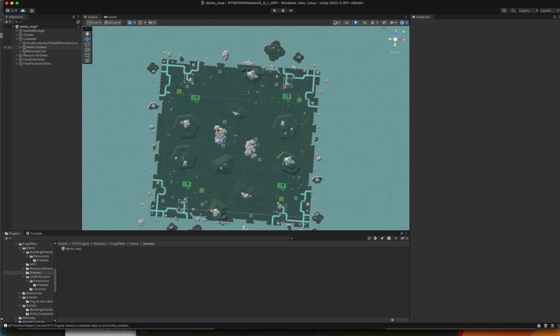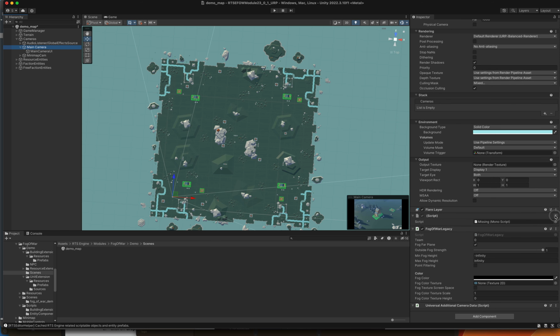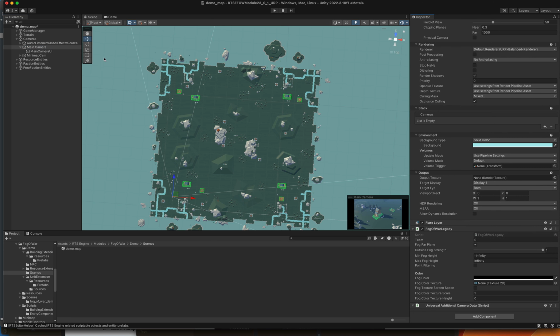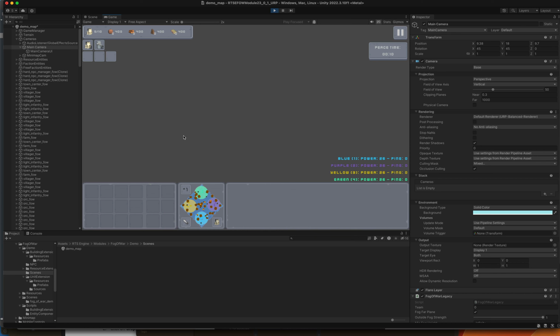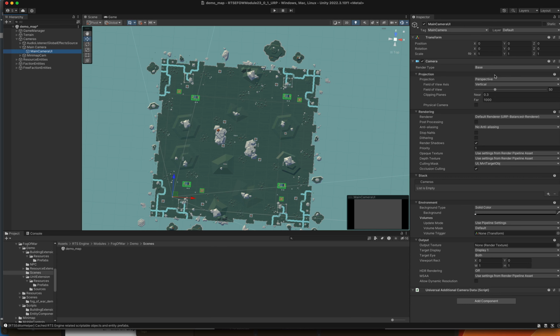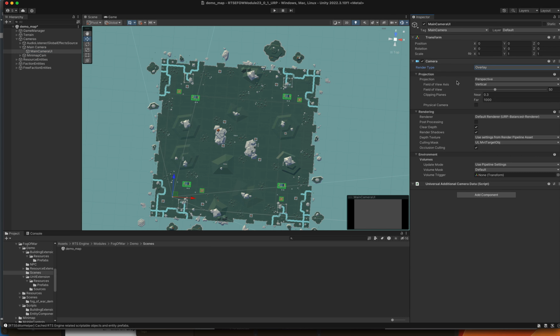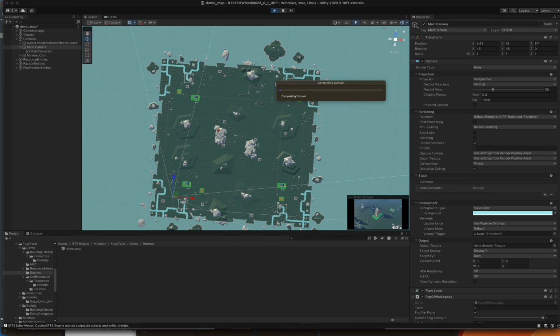Now on our cameras, on the default, we're missing that one. That's because that's post-processing, so we're going to lose that one. We've still got our fog of war legacy, and if we click play, everything's pretty dark, and we pretty much should know why that is, and that is because our cam UI there needs to be changed to an overlay. Okay, and our main cam we need to add that overlay into there. So now when we click play,